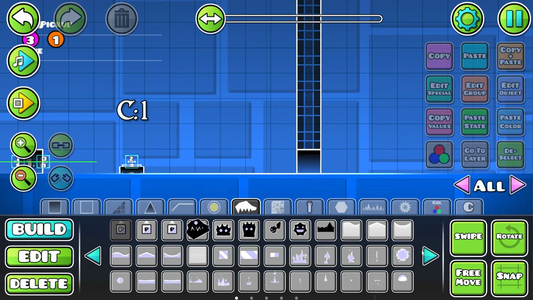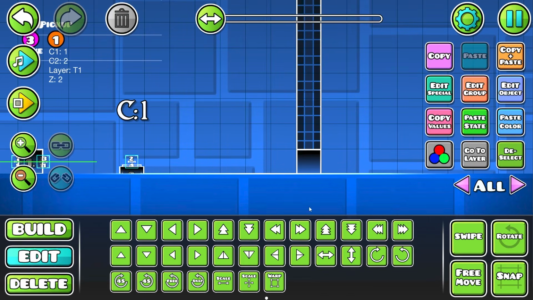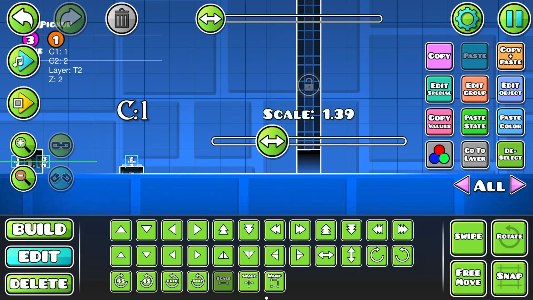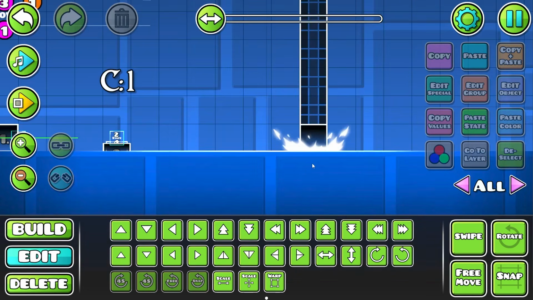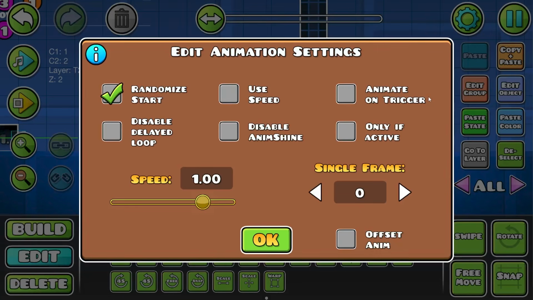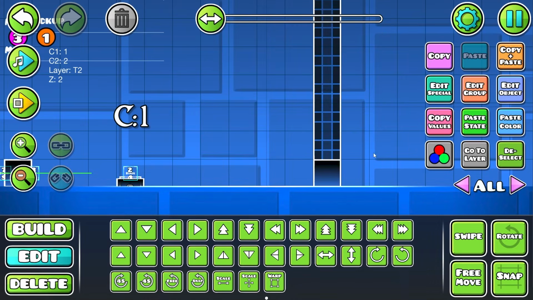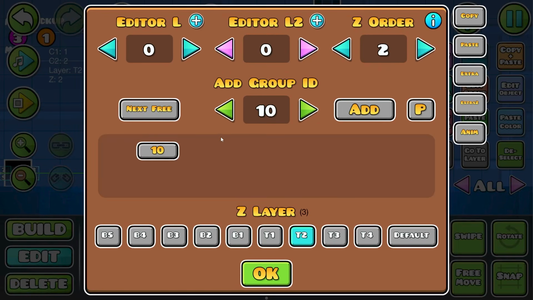Or if you have one of, where is it? This one. I'm going to show you how to trigger this as soon as the door goes down. So you want to make this on T2 first so that it's on top of everything. And we're going to select it, go to edit special and use speed and actually make it a bit faster because that's a bit cooler. And now we want to give that one a group ID of 10, let's say next